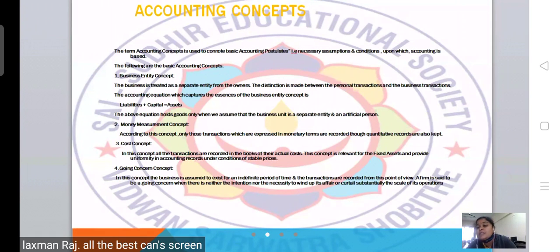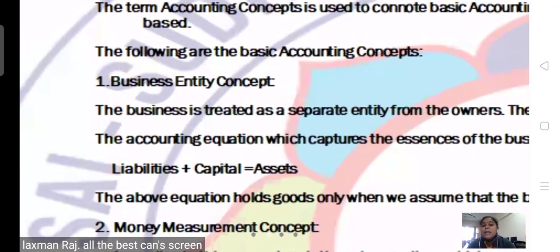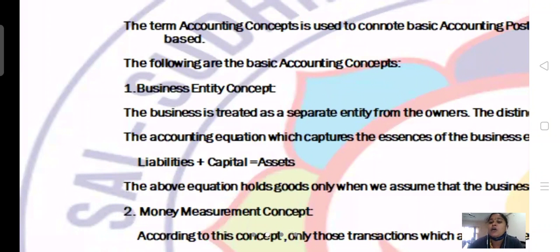These accounting concepts are again classified into four. What are those four different types that we are going to study? Now coming to the first one, the business entity concept. So business entity concept means